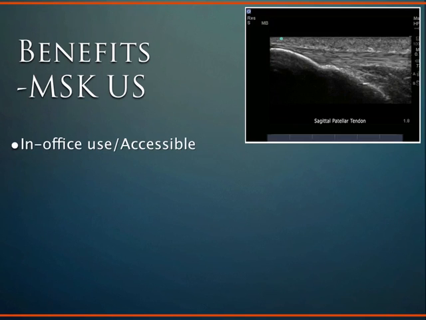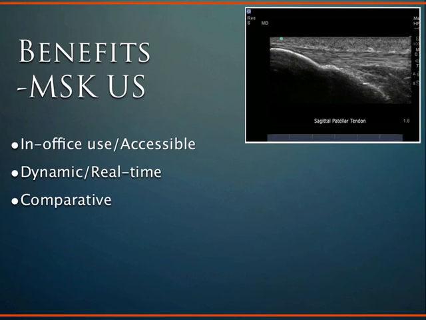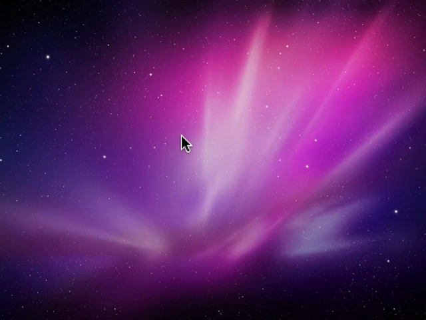So in general, when we're talking about musculoskeletal ultrasound and ultrasound in general, it's a really huge upcoming area because there's a lot of benefits for this imaging modality between the accessibility and just having it in your office and being able to do that real-time imaging, being able to move the tendon and move the muscle and move the joint, look at the ligamentous laxity, and be able to compare that to the other side. And so if I'm looking at an elbow,